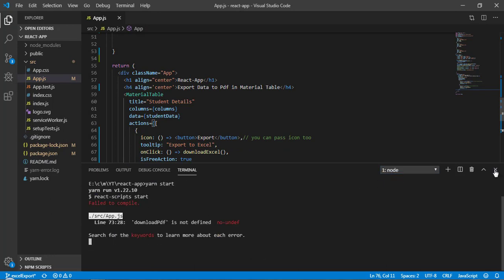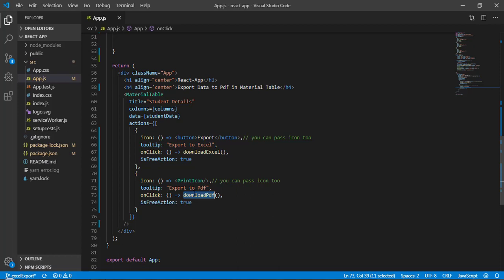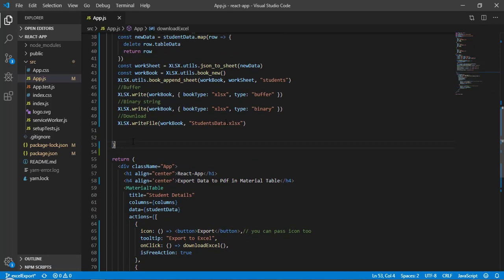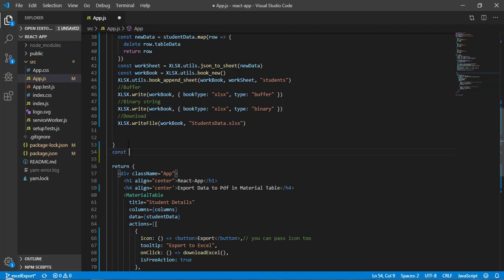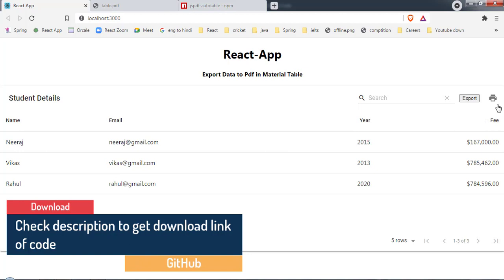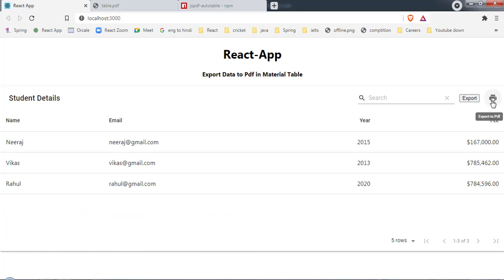Okay, so now let's create this function at the top here. const downloadPDF arrow function, and now save it, and let's come back here. Okay, so now as you can see we have another action button, and here it's saying export to PDF.